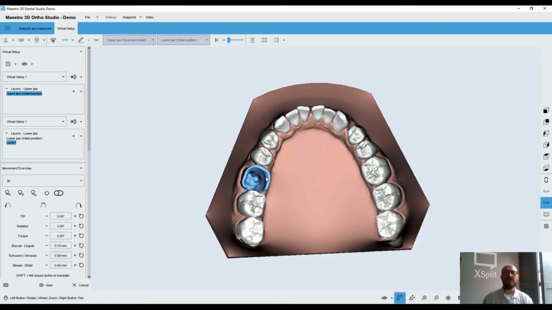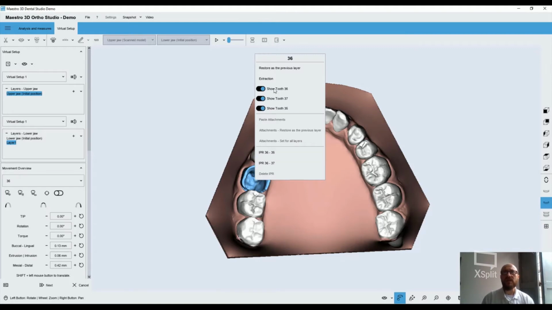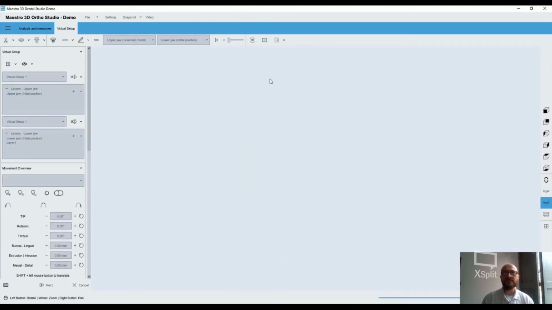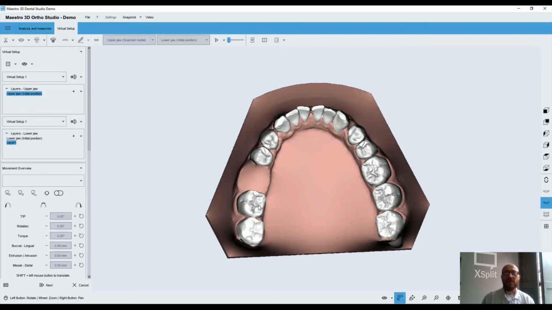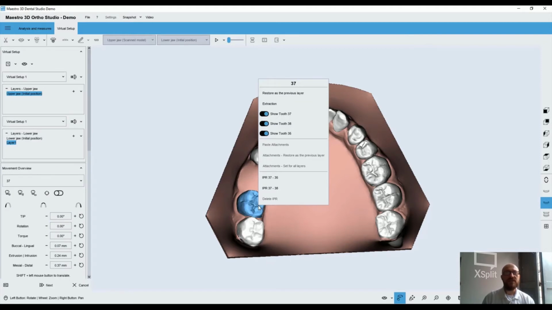Oh, very important. I told you that I wanted to extract this element. So if you want to extract an element, just select that element, right mouse button and press extraction. Perfect. Another very important feature that I mentioned during my presentation is related to the IPR, the interproximal reduction, that